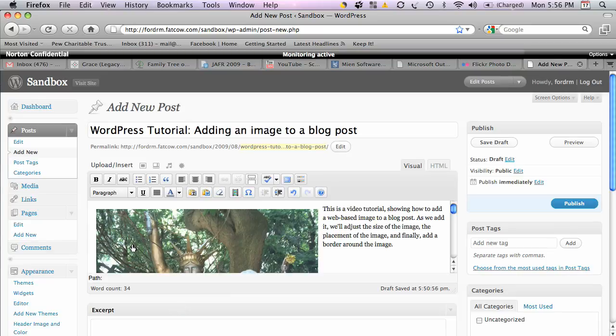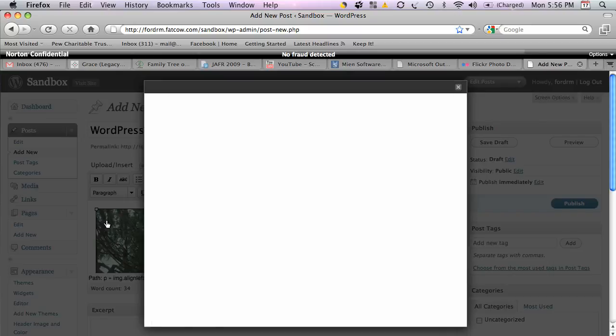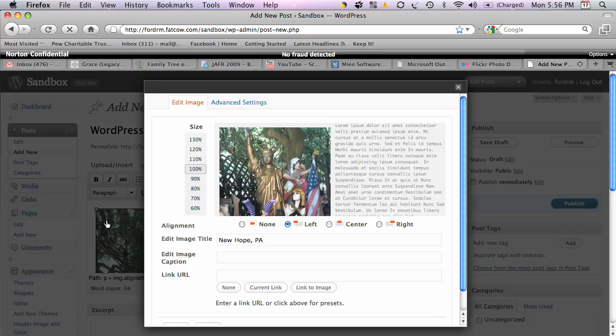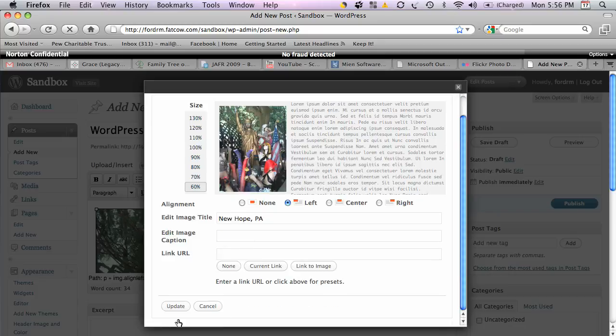The image is still pretty big, so I'm going to shrink it down again. Doesn't matter if you do this multiple times, because all that it's doing, it keeps within the WordPress database, it keeps the original, and then as you shrink and compress, it keeps an additional version. And so when I tell it now to shrink back down, it's just going to create a small one for me. Slide down here, click on Update,